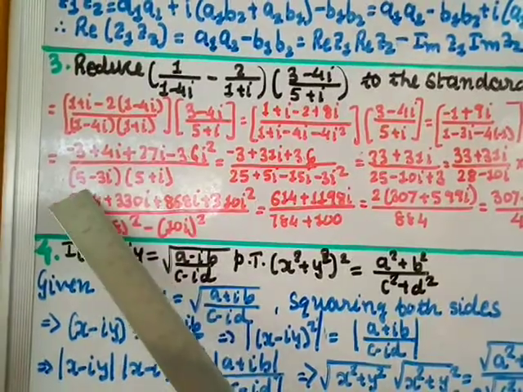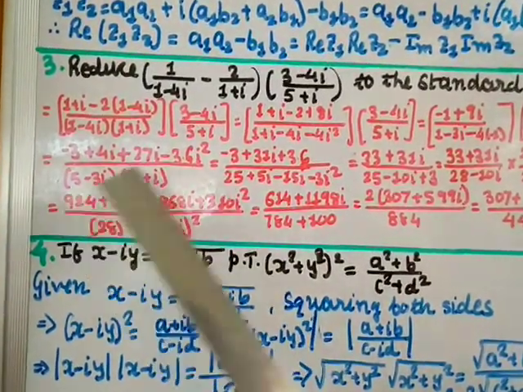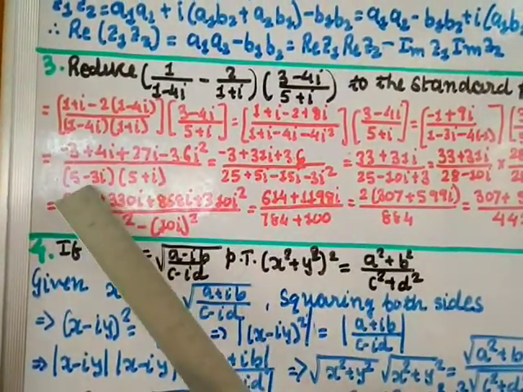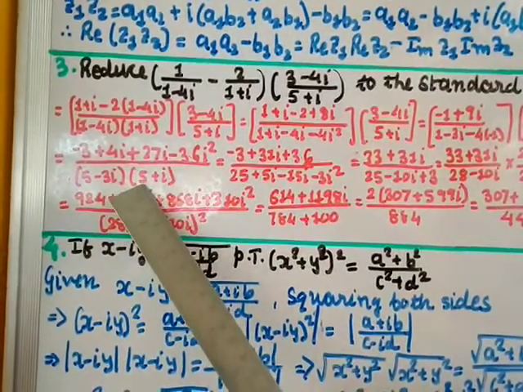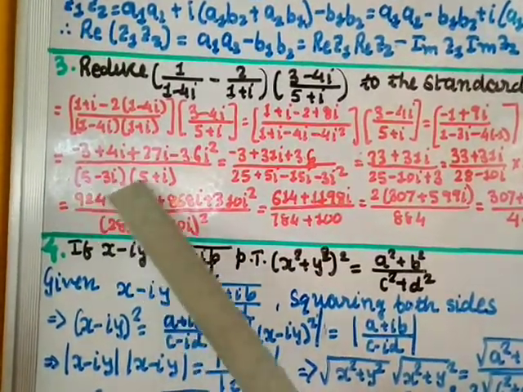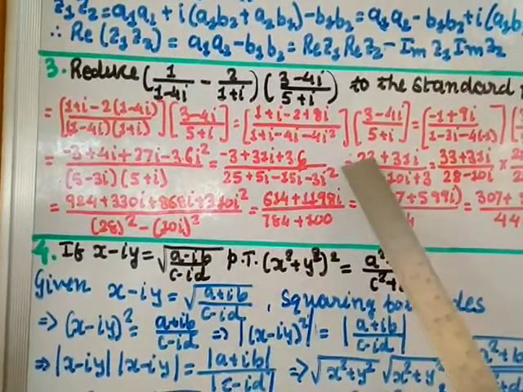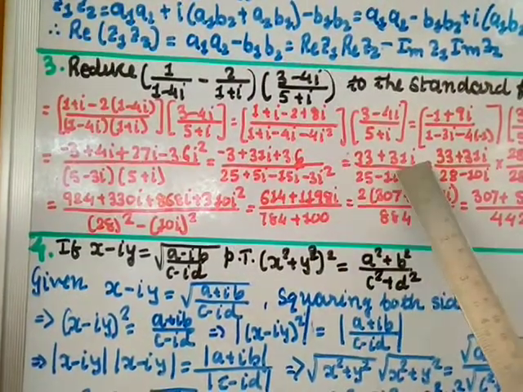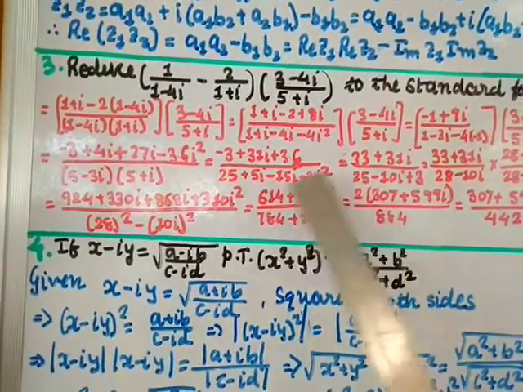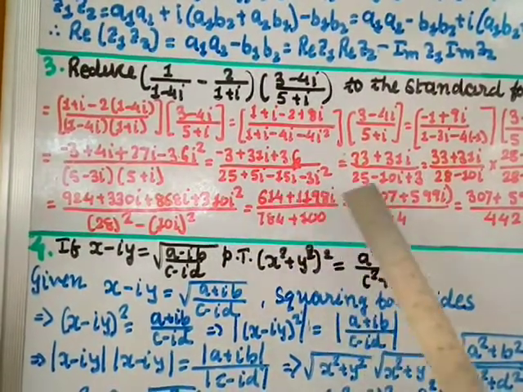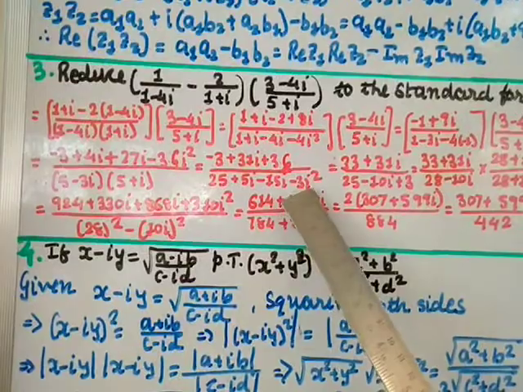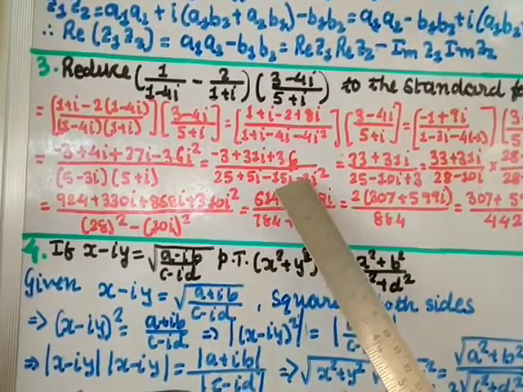Here multiply inside, so 5 into 5 25 plus 5 into i is 5i. Minus 3i plus 5 into 5 is minus 15i. Minus 3i into i is minus 3i square. Equal to, this is 36 minus 3 gives you 33 plus 31i. 25 as it is, 5i minus 15i is 10i. Minus 3i square, i square value is minus 1, so minus and minus plus, so plus 3.